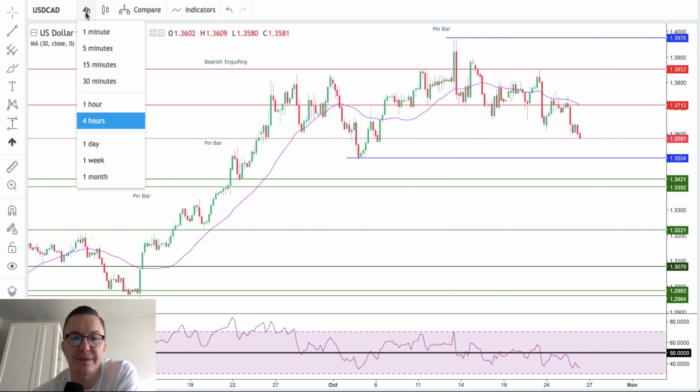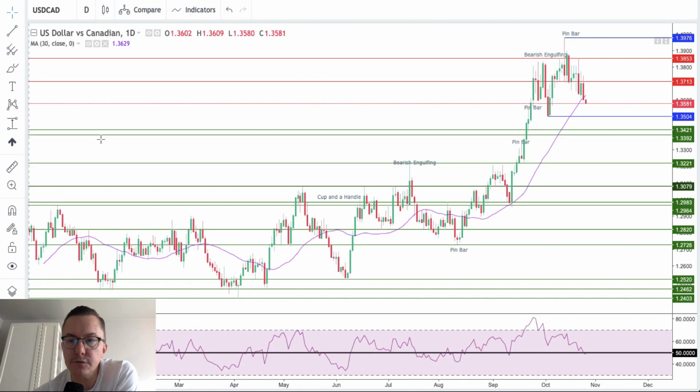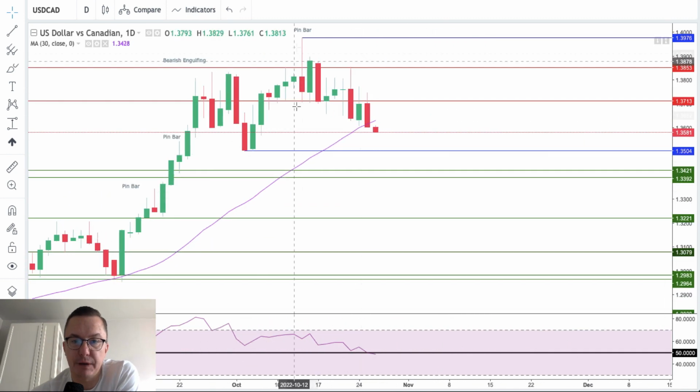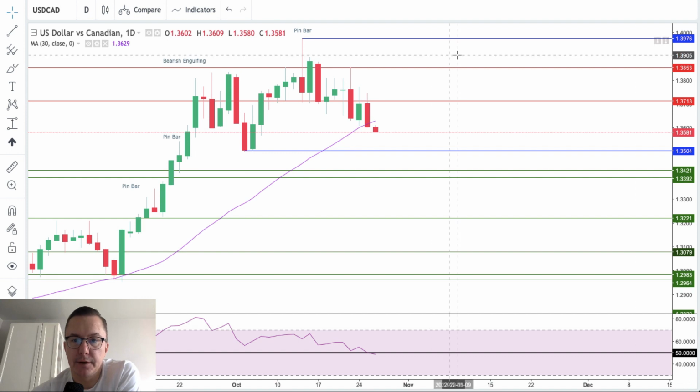Let me switch to the daily time frame chart. What I want to show you here, and the reason I switched, is that pin bar that was made last week. This is exactly the 13th of October 2022. As you can see,